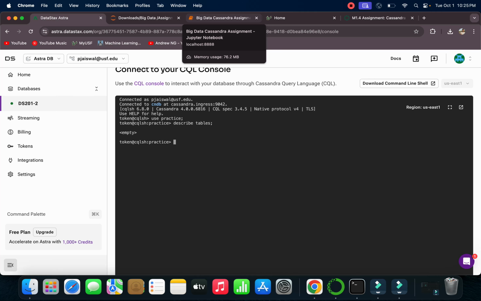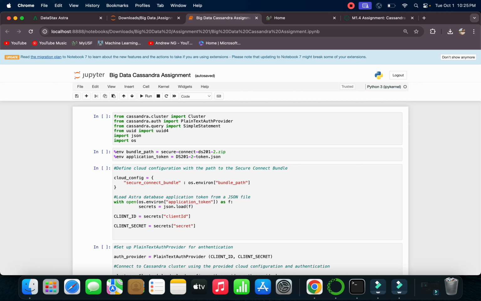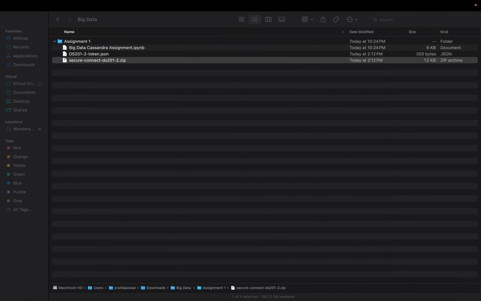create a table and insert data using Python, we will come back to this Python Anaconda file. These are all the imports required for me to complete this assignment. I have created two environment variables. So this is one application token and this is one bundle path to establish my connection for Cassandra. This was provided to me from the DataStax website. I downloaded it and stored it in my IPYNB file